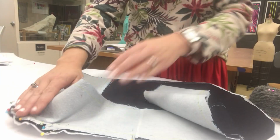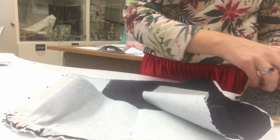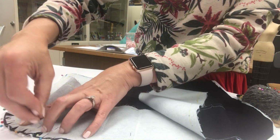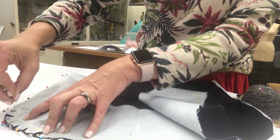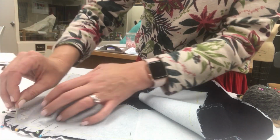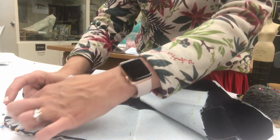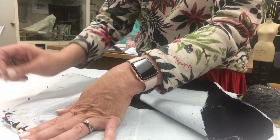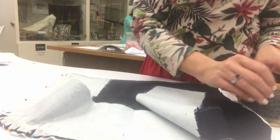And then when you're at this sewing machine, you're going to sew, sew, sew. And if you ever see, I think we're good. You can just sew all the way. But if there was a fold, you just stop sewing, you lift up the presser foot and you move the fullness out of the way, put your presser foot back down and keep sewing. But do you want to try it? See if you can